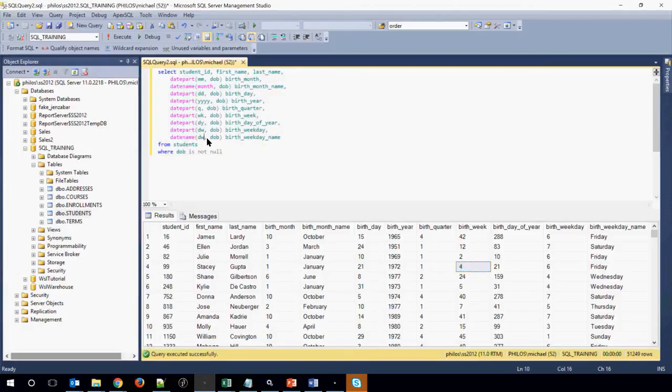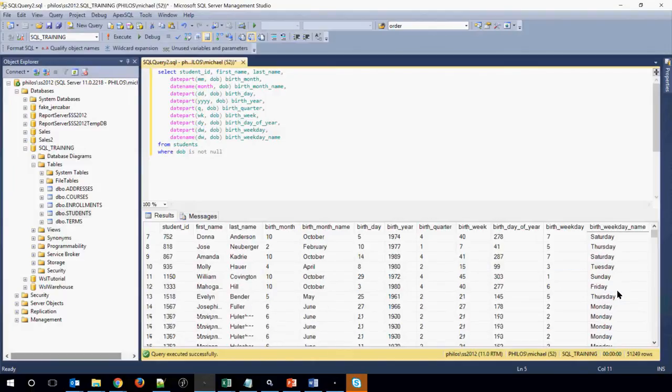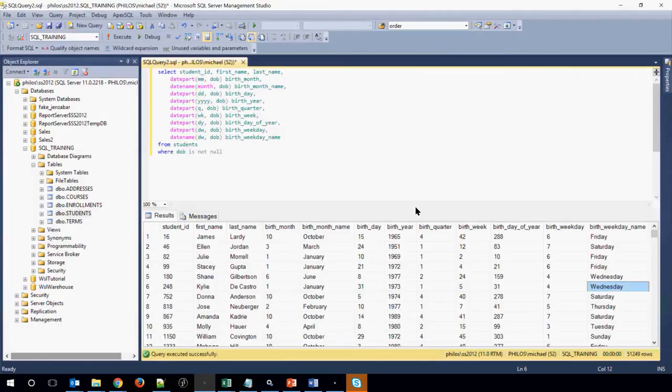And this is sort of funny. I don't know how I did this. These things look exactly the same, DW and DOB, but I did weekday and weekday name. That was some sort of magic. I don't remember how I did that. But anyway,